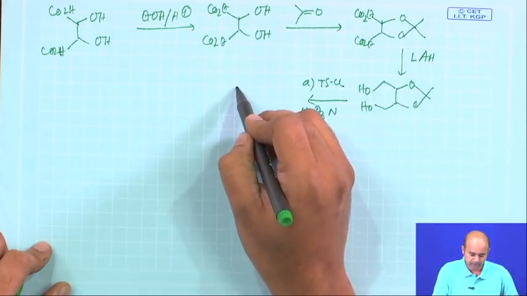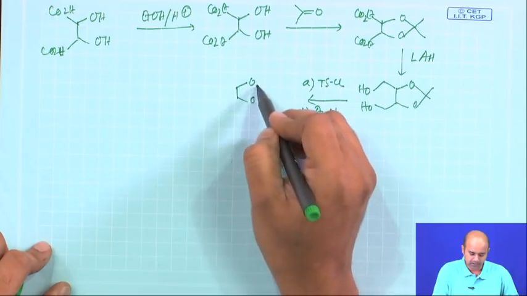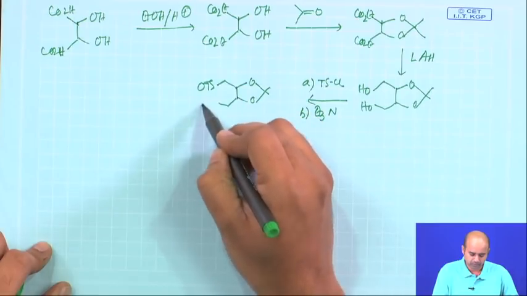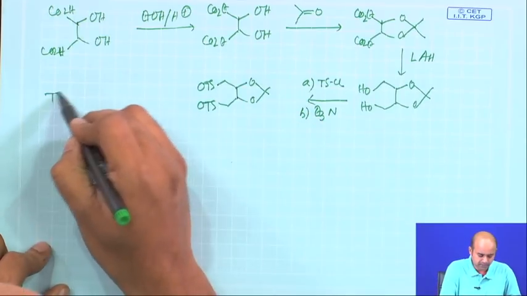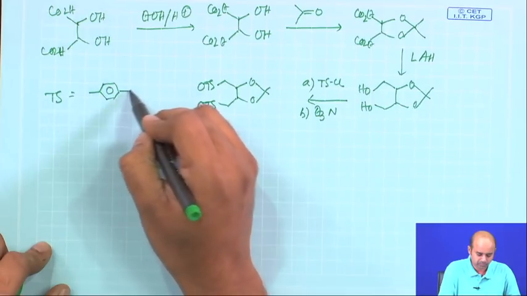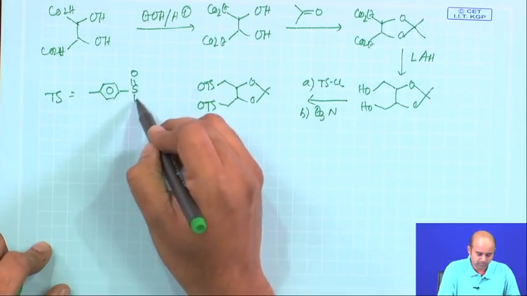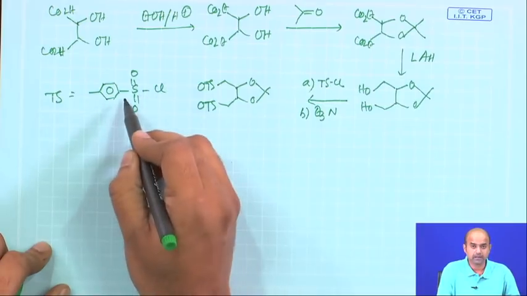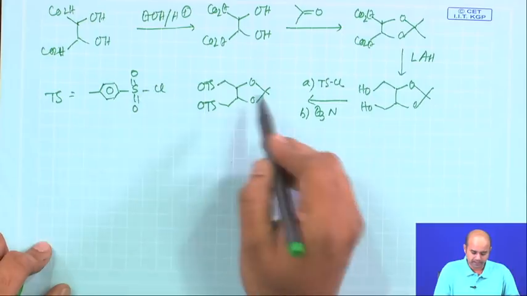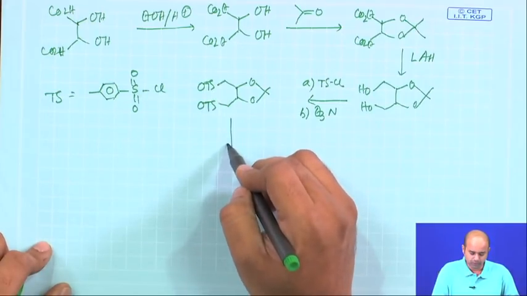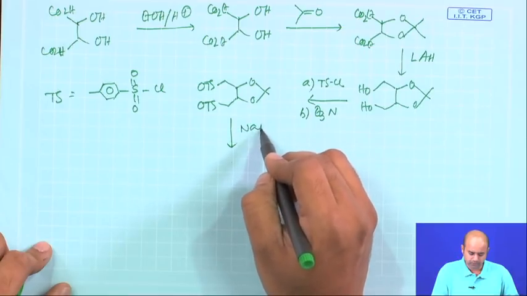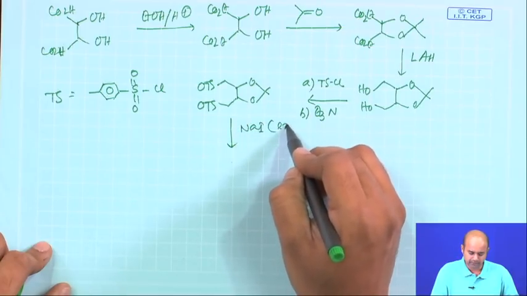So, what will you get? You get a ditosylate, OTs. What is Ts? Ts basically stands for this tosyl chloride, para-methyl sulfonyl chloride. So, your OH attacks here and gives you OTs. Now, OTs is a good leaving group, as you know. So, now treat this OTs with excess sodium iodide,